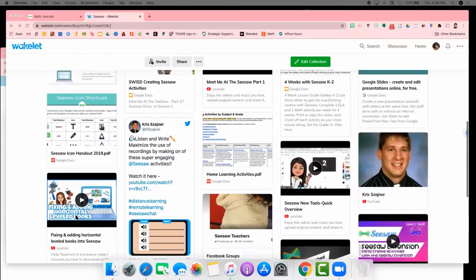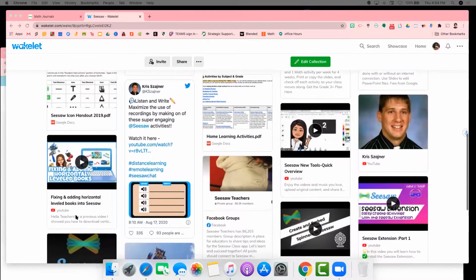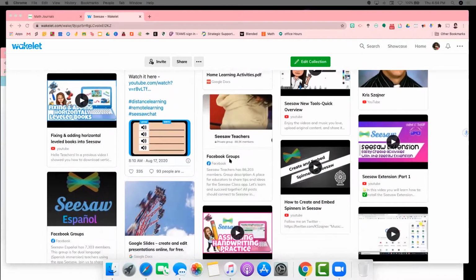And then just the traditional Seesaw Facebook group here, the Seesaw teachers, and they share lots of activities that you can save, and they just share them with you. You save them, open up your account, and then you can save in your My Libraries. In My Library, you can save up to 100 different lessons at one time. And I'm going to share with you that right now.